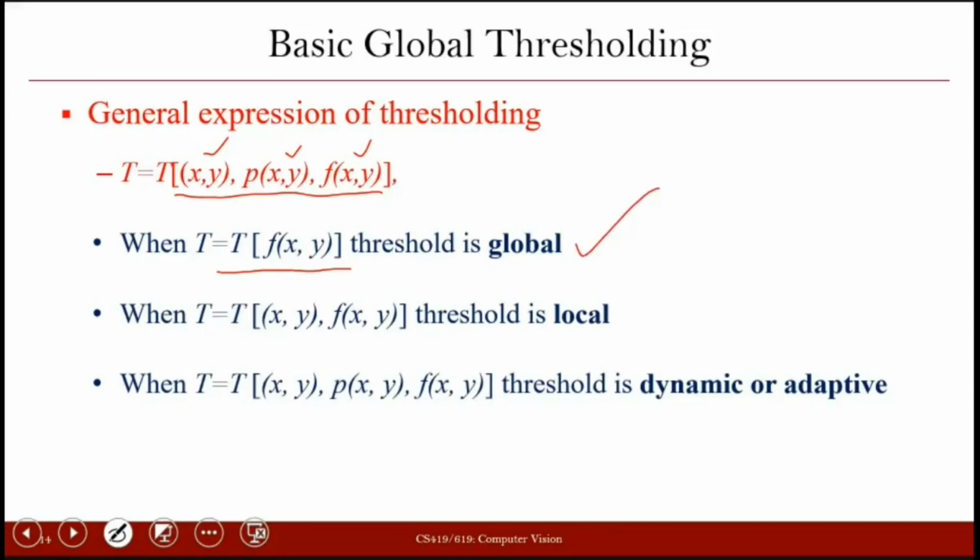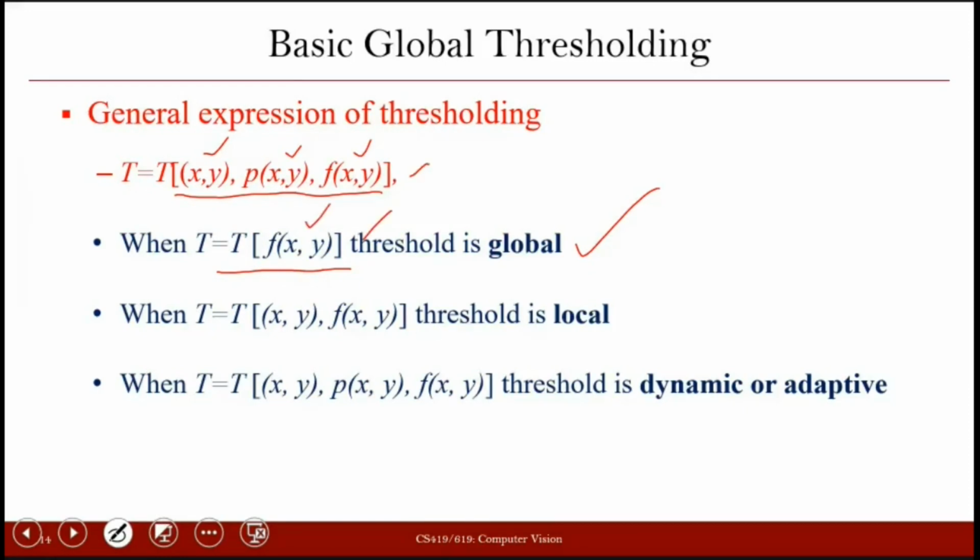Whether a particular pixel satisfies the threshold depends just on the intensity that it has. So in global thresholding, we have the equation written like this.